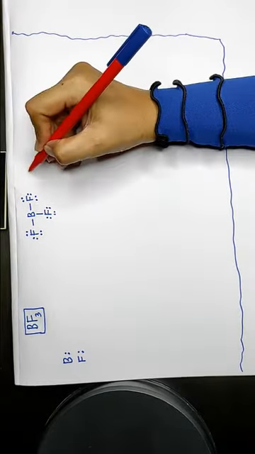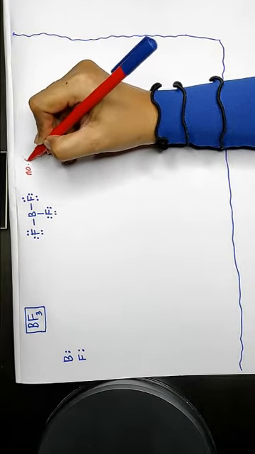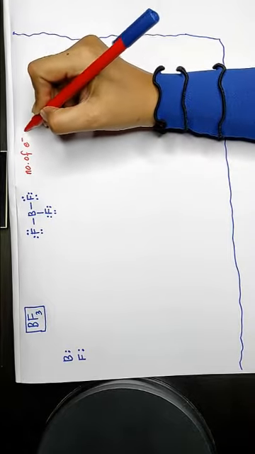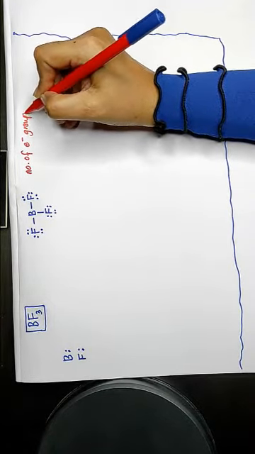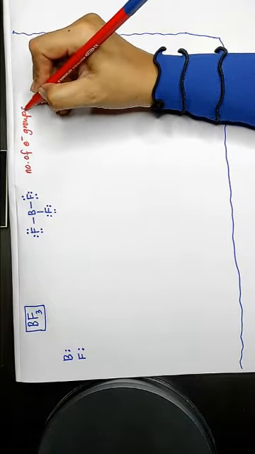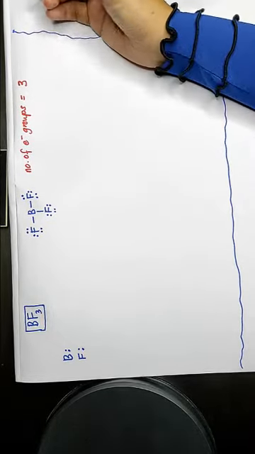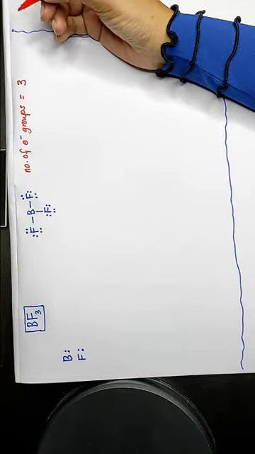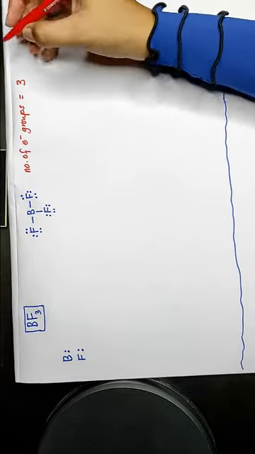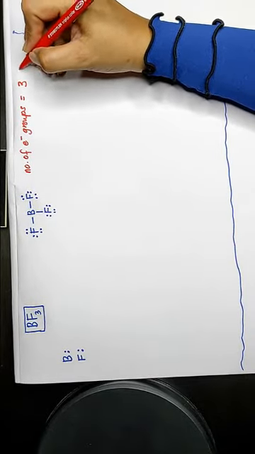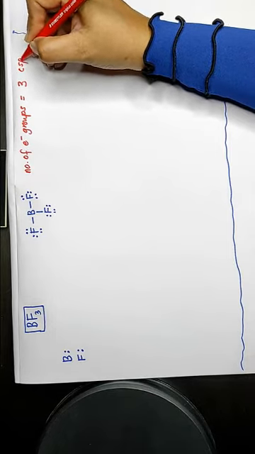So the number of electron groups around boron is 3. Since there are 3 electron groups, boron undergoes sp2